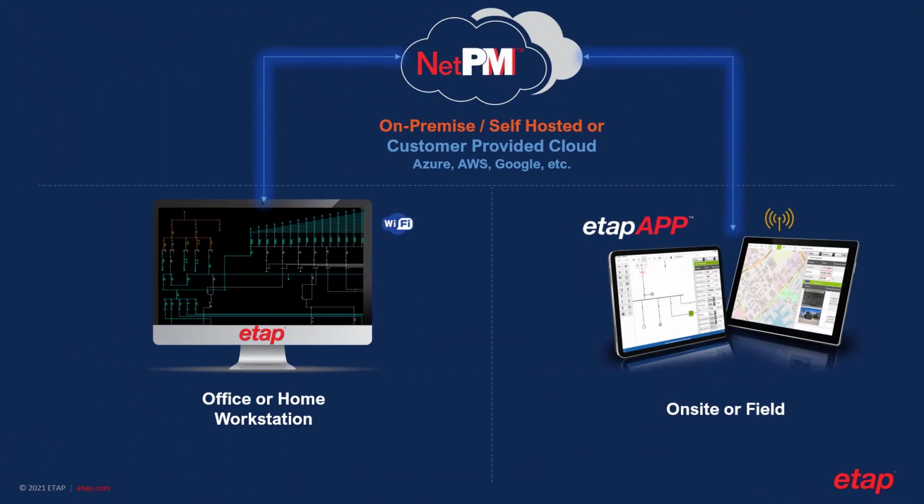So let's quickly summarize what we have learned so far. You can have ETAP synchronized to the tablet application, which is etapAPP. You can have ETAP in your office or your home workstation. The tablet application is something that you would use on-site or in the field, and the connection could be through Wi-Fi or cellular. And the common glue that joins the two applications together is NetPM or Data Exchange Manager that can be on-premise or self-hosted, or it could be on a cloud provided by your IT